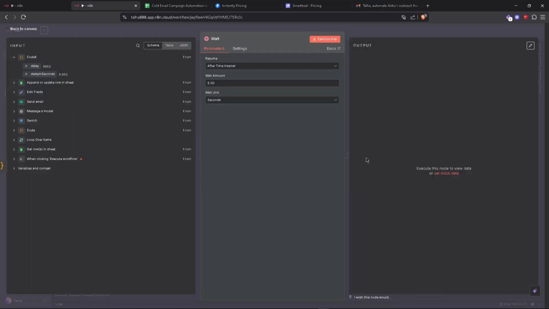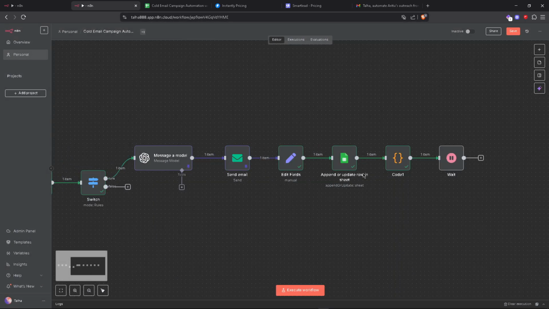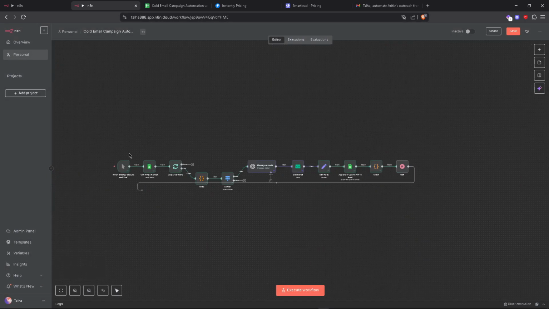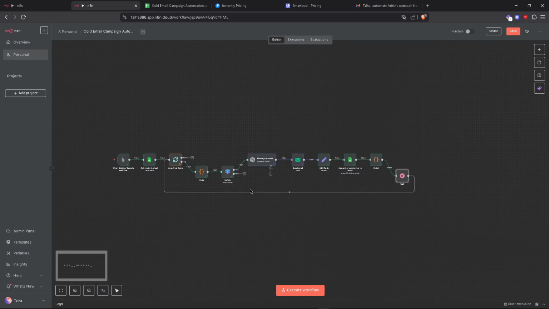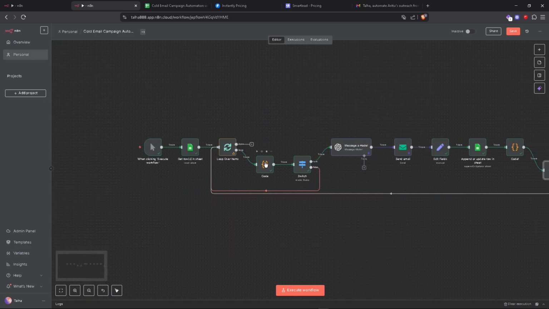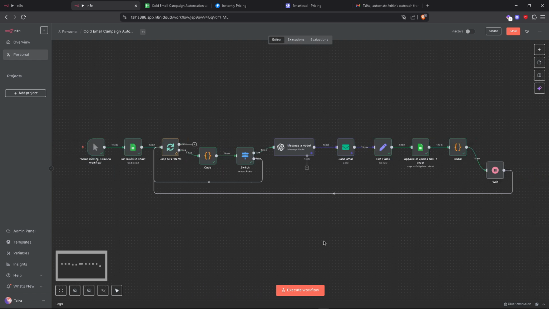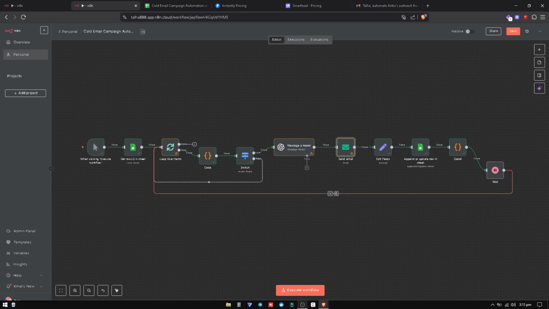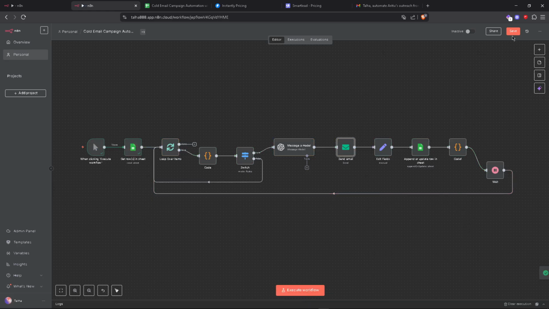After this, you need to add a wait node. In the wait node, for the wait amount, you can add the JSON from the code, and after connecting the wait node, you can connect the wait to the loop again, so it goes again and again. And for the switch node, you can also connect it to the loop again, so if it's false, it will go again and get another lead's data. And after this, now we can test this workflow again to make sure that everything is working fine.